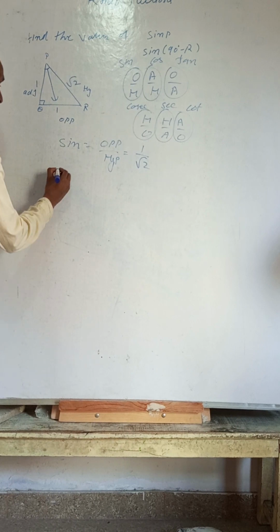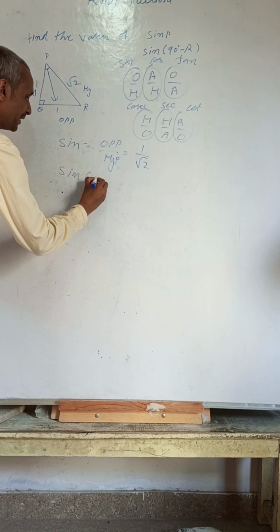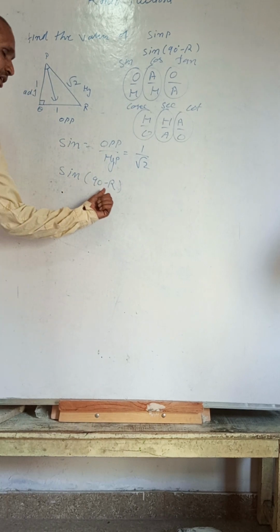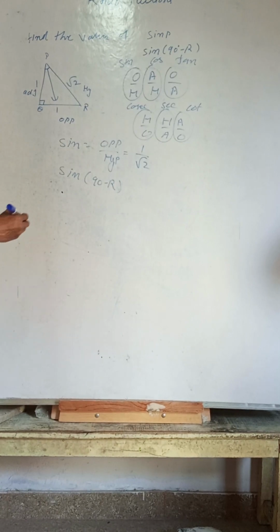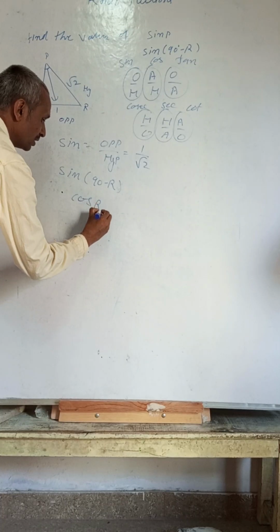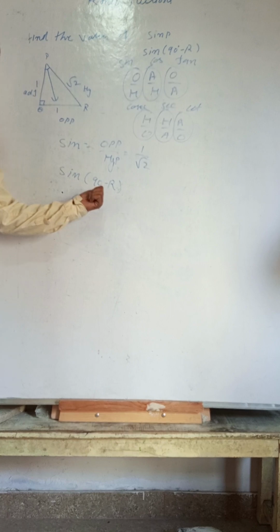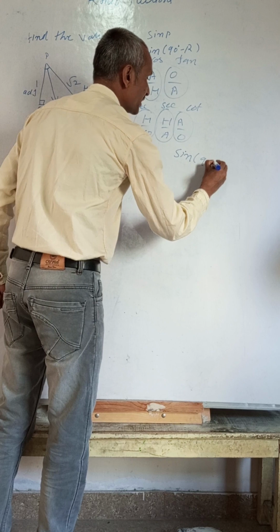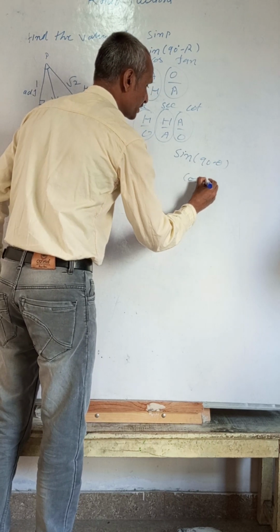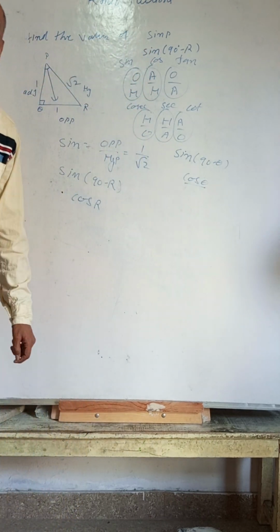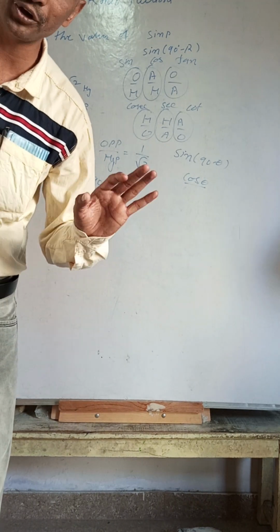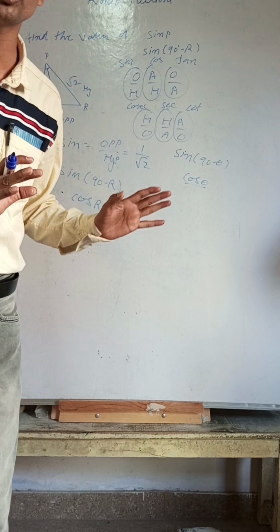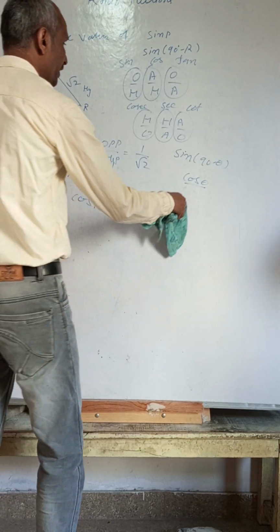Next it is asked, sin (90 minus r). You know, this is called the complementary angle, so it becomes cos r. Sin (90 minus theta) is equal to cos theta. If you are not getting it, please go back and view the trigonometry videos. The full lesson and solutions are there. So we can write it like this.